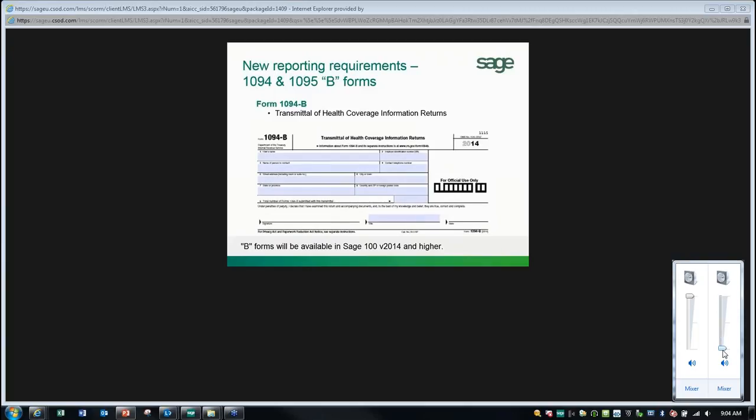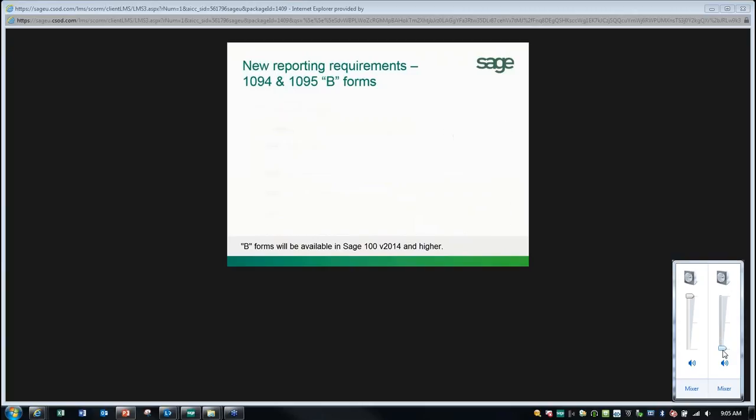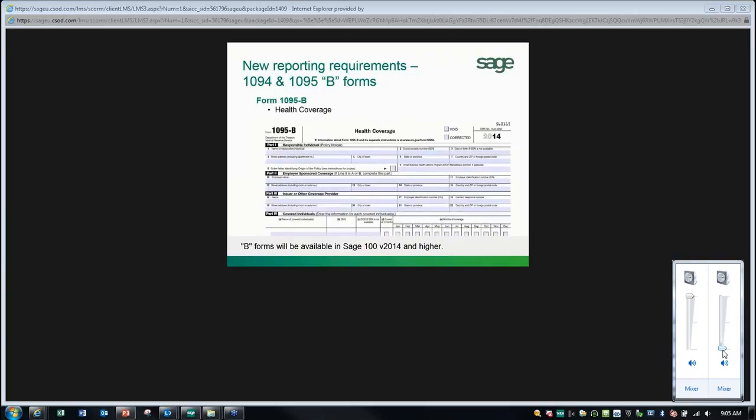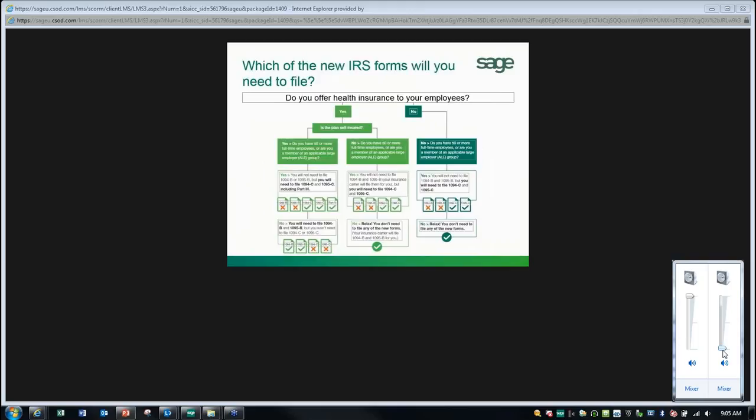1094 reporting requirements, 1094 and 1095B forms. You've probably seen some of these. And then the new reporting requirements for 1094 and 1095B forms. So this is for the health coverage. So this is a sort of a chart which I can let you have if you want some further detail on it. I'm sure that most of you have been reading up from the IRS, and this gives you a sort of a